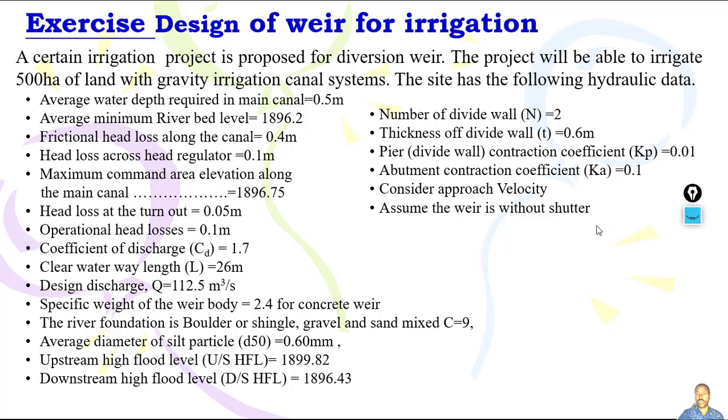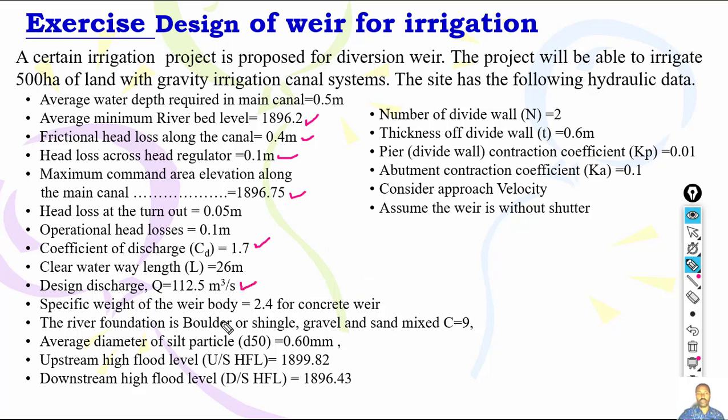You have 0.5, and also the average minimum river bed level, 1896.2, and also frictional head loss along the canal, 0.4, and head loss across the head regulator. You have the maximum command area elevation along the main canal, and head loss at the turnout, and operational head loss 0.1, and coefficient of discharge for the weir to compute discharge, 1.7, and clear waterway length 26, and design discharge is given